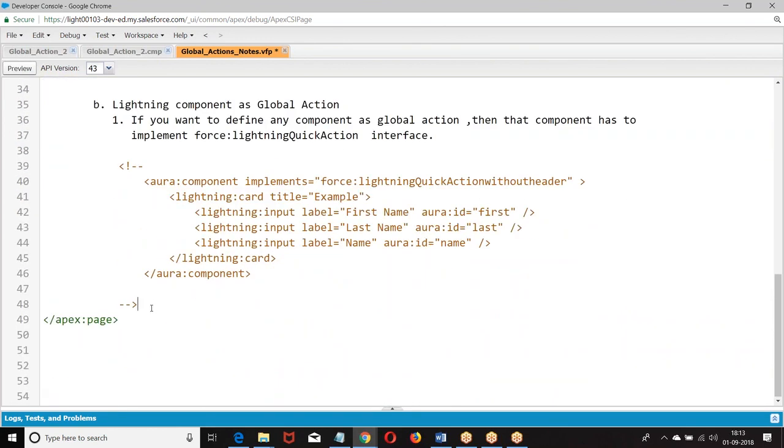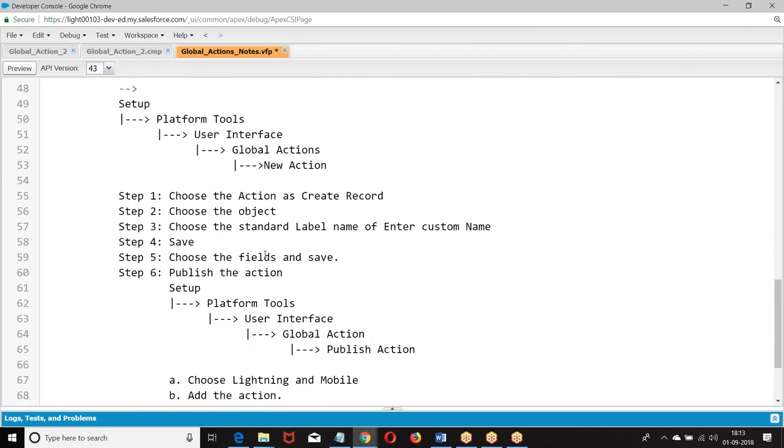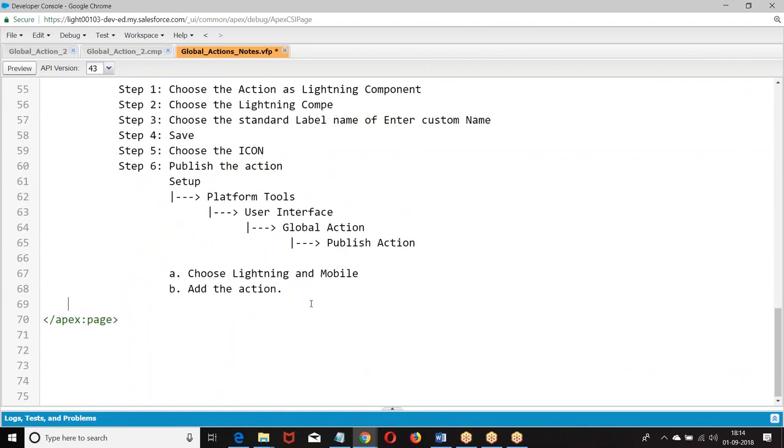So here, choose the component. Publish it.